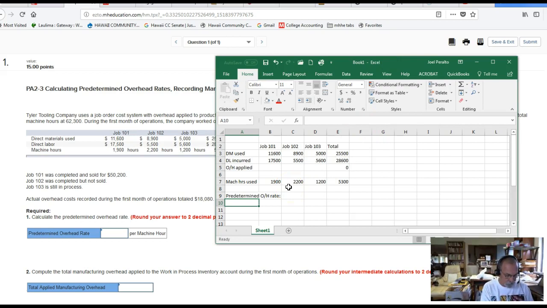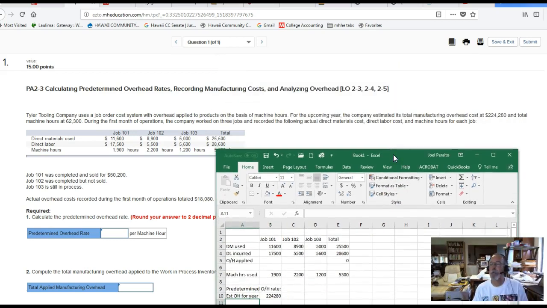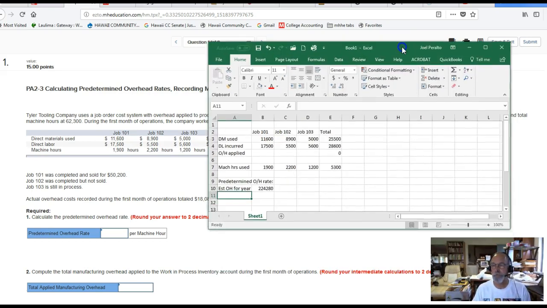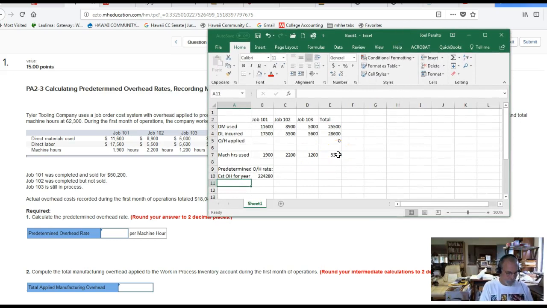And so our estimated overhead for the year, put it here, 224,280, and our total estimate of machine hours for the year is 62.3. Estimated machine hours for the year